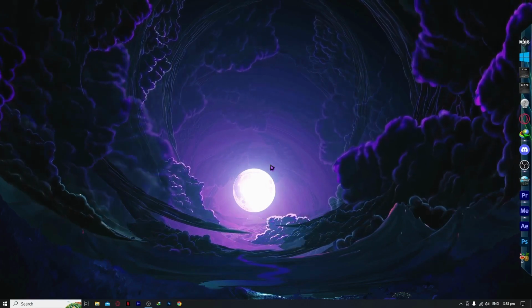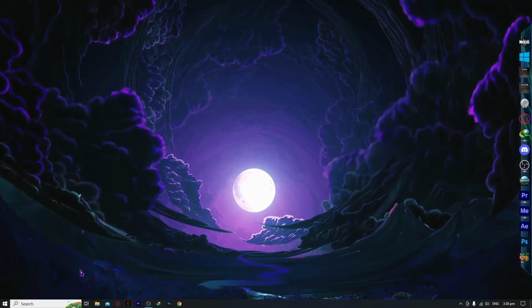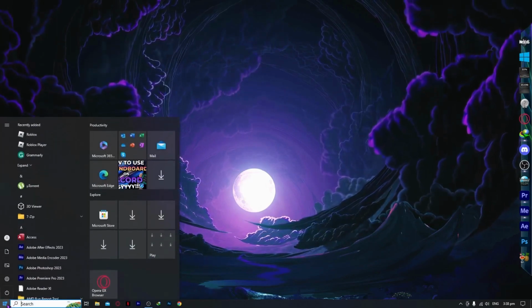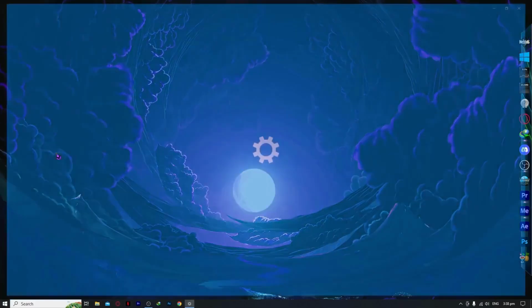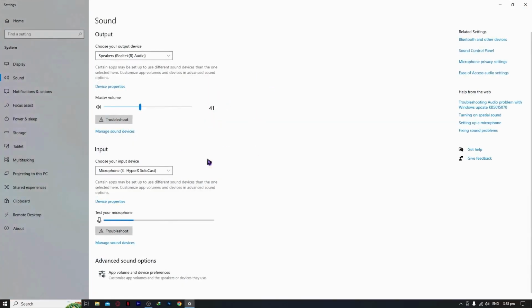So the first thing that we need to do in order to solve this problem is going to the Start menu. And from here, we're going to type sound and go into sound settings in our system settings. So click on it. From here, you can see the input right here. This is where you want to put your attention because we're only concerned about the input, which is